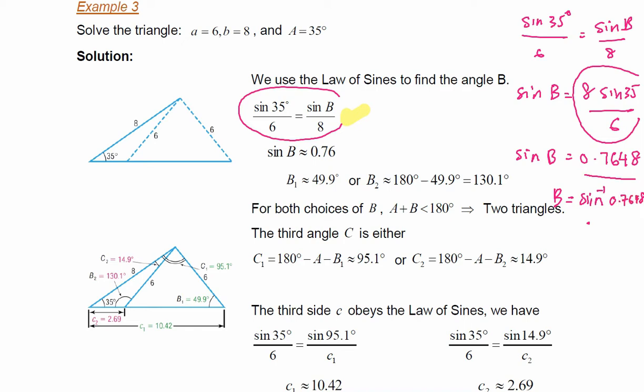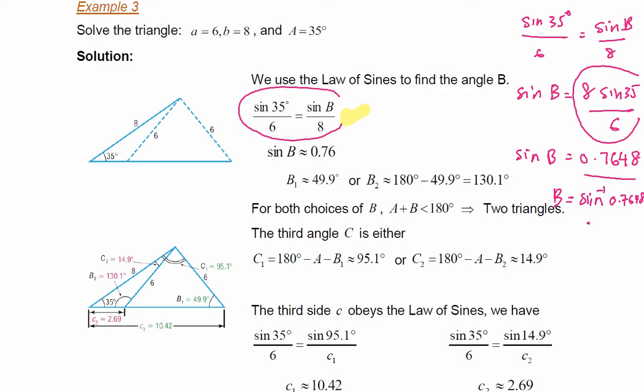Okay, press your calculator. Make sure again the mode in your calculator is in degree. Always in degree because we want our answer in degrees. So shift sine because we want to find the inverse of sine of 0.7648. So you will get